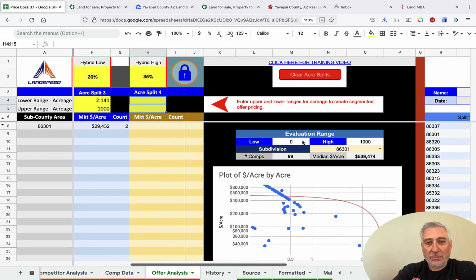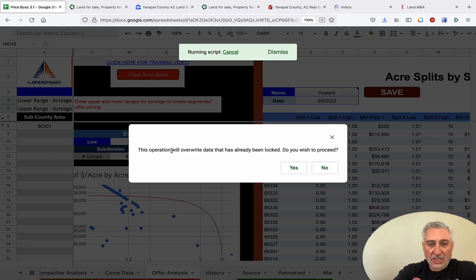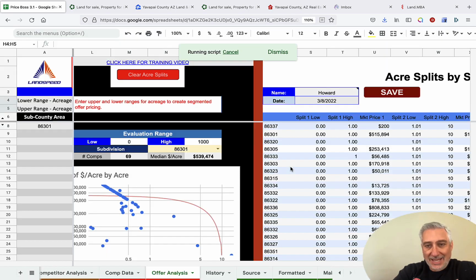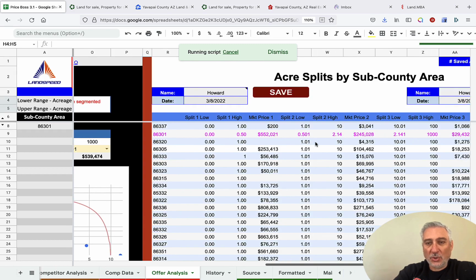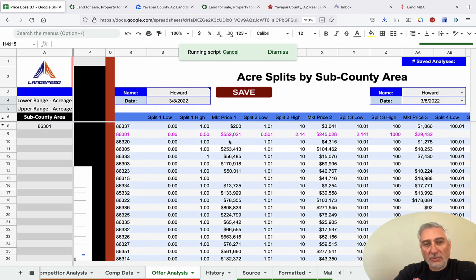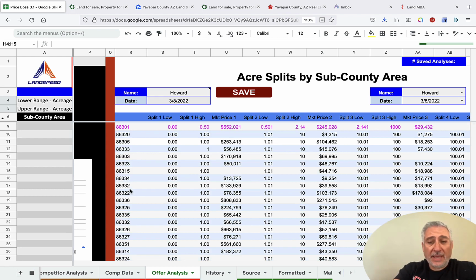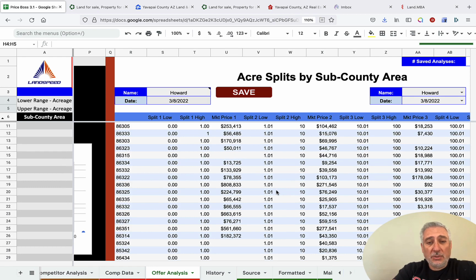So now watch what happens when I go and lock this. It's going to say this will overwrite data that has already been locked. Do you wish to proceed? I'm going to say yes. And boom, it just overwrites it, but only that one row, and it highlights it so you know that you've already taken care of this row. And now, if you want, you can just do one sub-county area at a time, and the balance will just be whatever you just set for the entire county. And when this is all the way you want it to be, you can go ahead and price a list